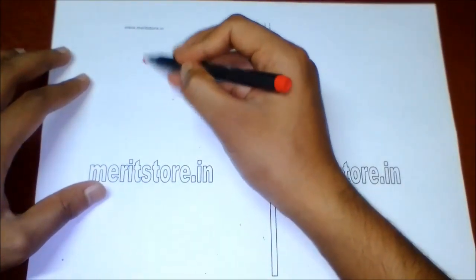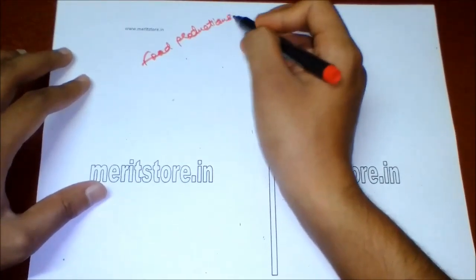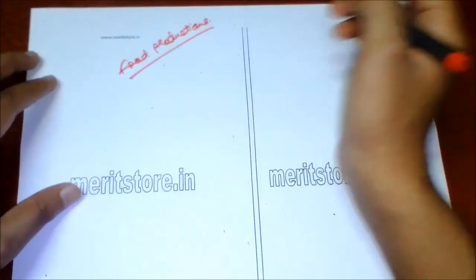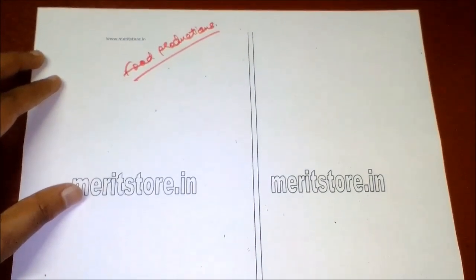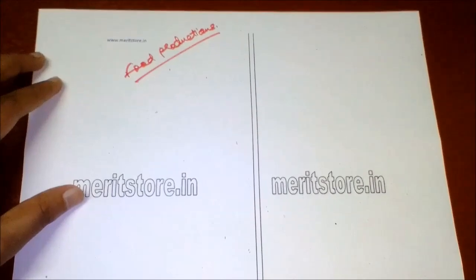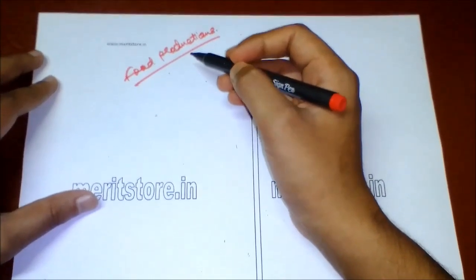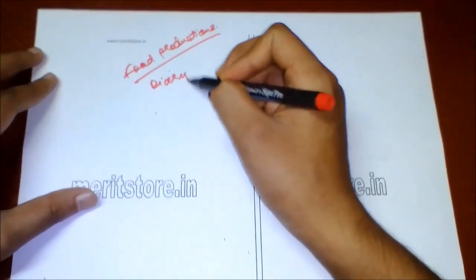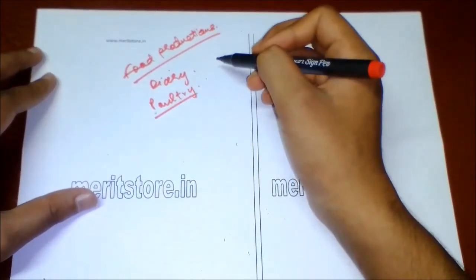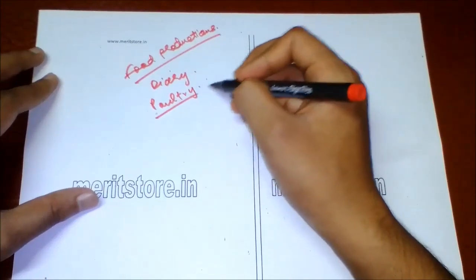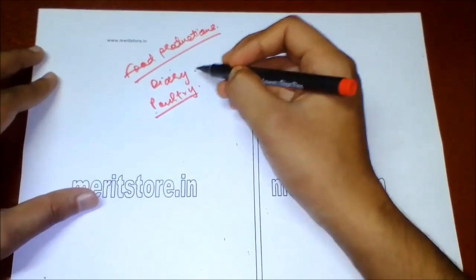So the next part is strategies in food production. These are small chapters, but various questions have been asked in the past years from this chapter. This includes animal husbandry, plant breeding, tissue culture. First we'll see animal husbandry, which means the rearing of animals. So it includes dairy, poultry. See, this part is given best in your 12th standard state textbook. Different types of hen, turkey, geese and their examples, dairy and their byproducts, different types of cows,